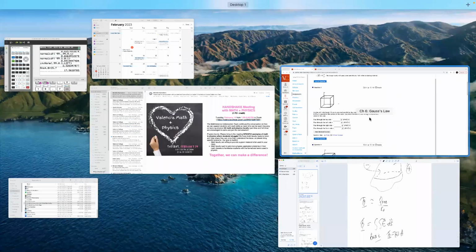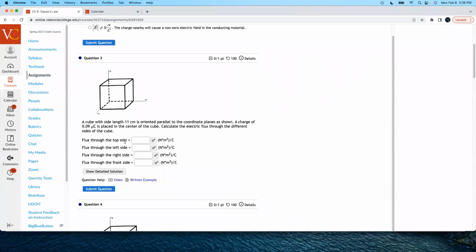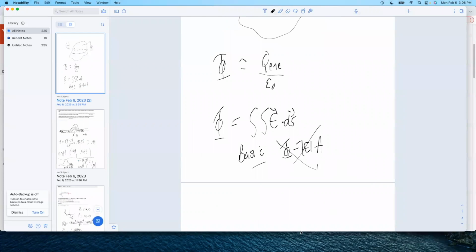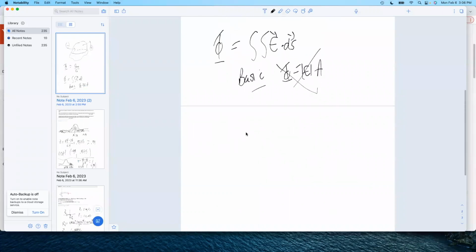Okay, so in this question, we're asked for the flux through the top side. So we've got some charge sitting in the center of the cube, and we're asked to calculate the flux from that one charge through 4 of these different sides. We could use this version of Gauss's law. This one would not apply. We can't use that one because